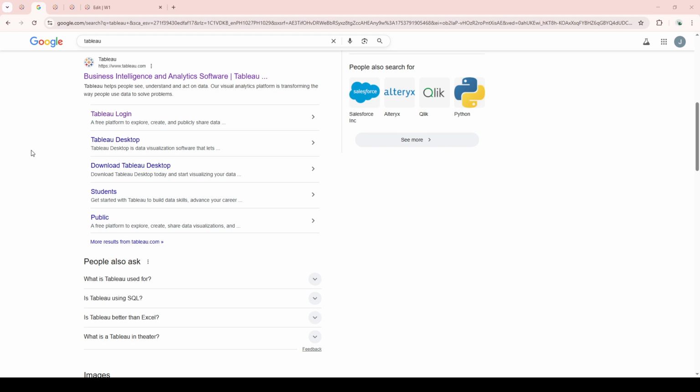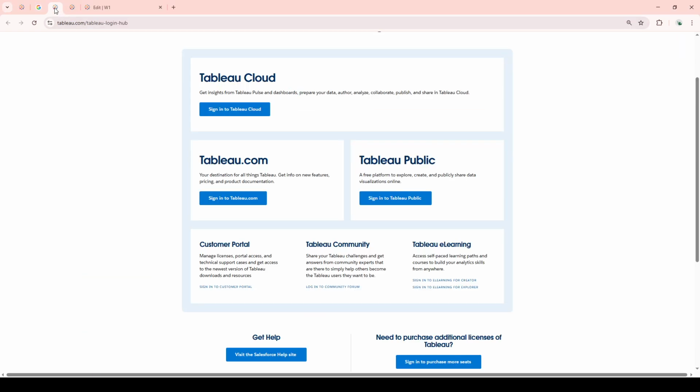To get started on our journey to mastering story creation in Tableau, you first need to open your preferred web browser and search for Tableau. Once you've located the official Tableau site, you'll want to log in with your existing account or sign up if you're a new user. This step is crucial as you need to access your workspace to proceed with building your